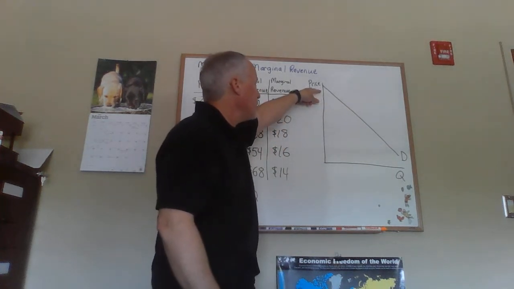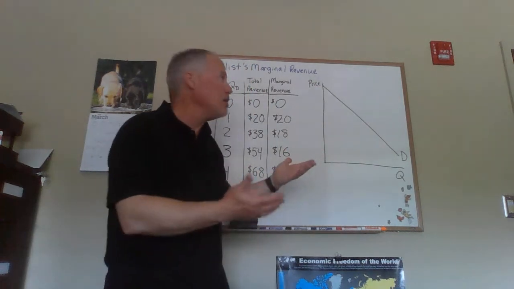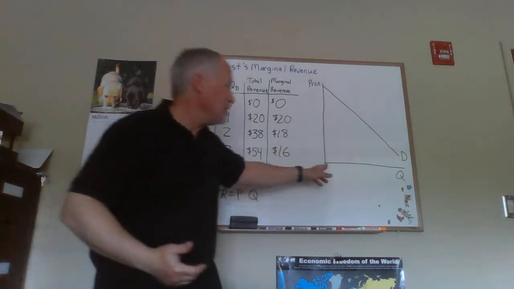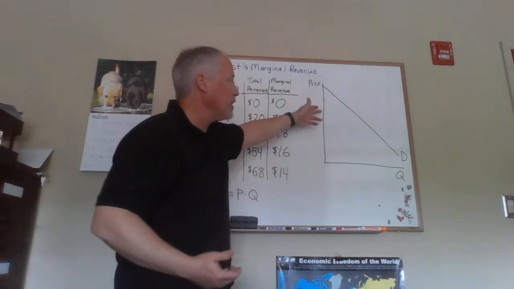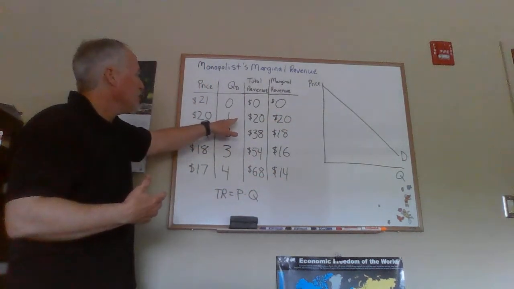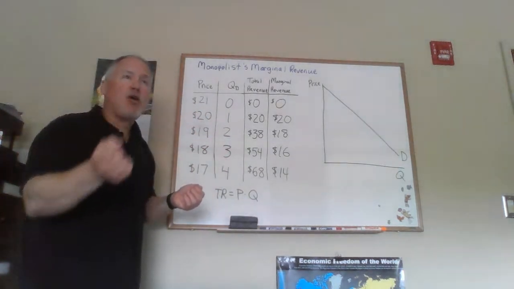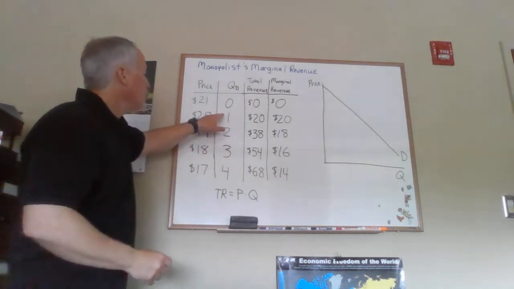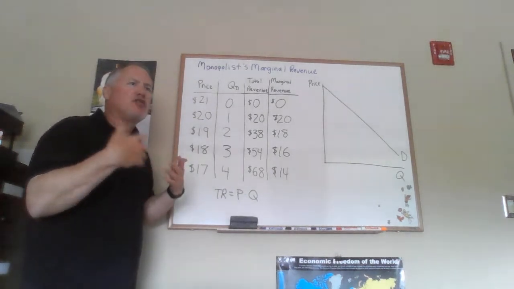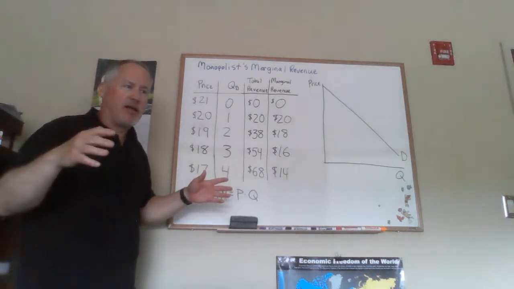Right? Because if you start up here at a price of $20, you can sell one unit. If you want to sell more, you have to move along the market demand curve, and the market demand curve is downward sloping. So if you want to increase the quantity, you've got to move down the demand curve and lower the price. The thing is that when you are already selling units, you're going to lower the price that you sell the first units at. So when you go from trying to sell 1 to 2, the way to properly think about this is to imagine the monopolist, this firm, going through this exercise